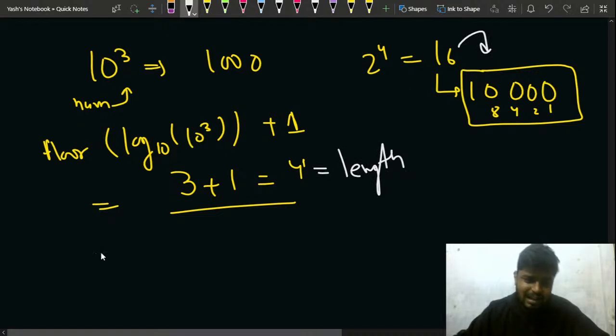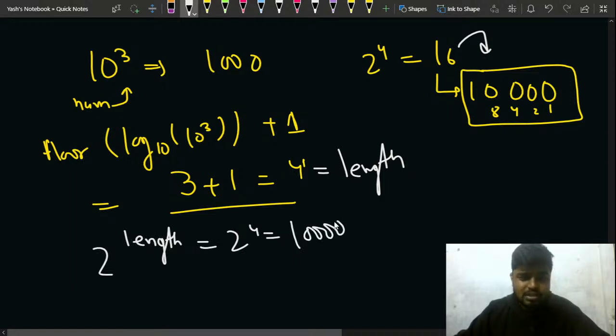This is the length, and I do 2 to the power length of the numbers, that is nothing but 2 to the power 4. That gives me 1 0 0 0, right? If I subtract this number by 1, let's suppose I have this number, right? If I subtract this number by 1,